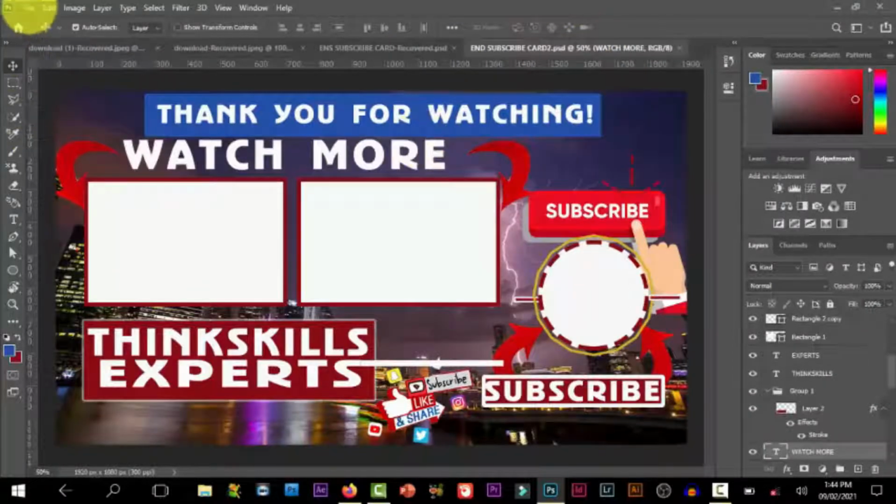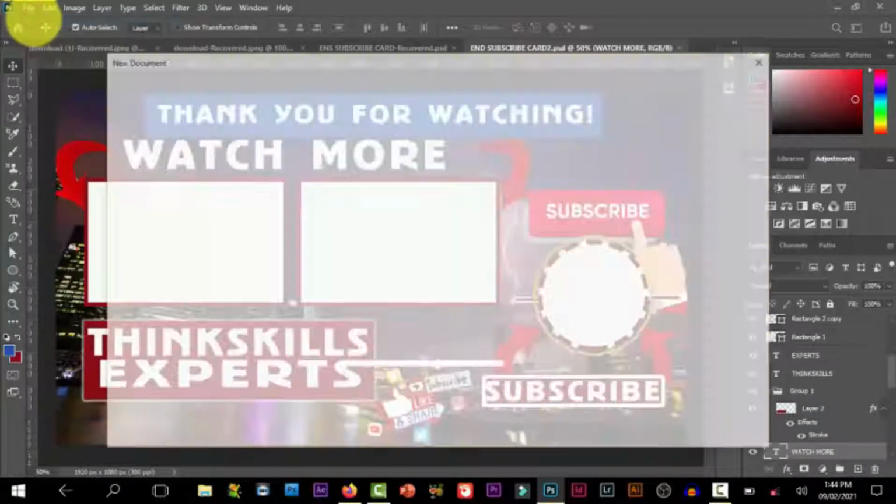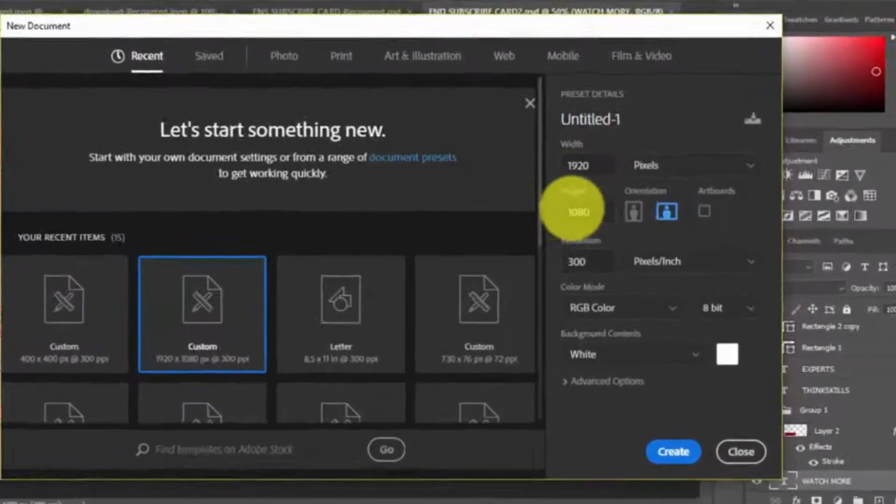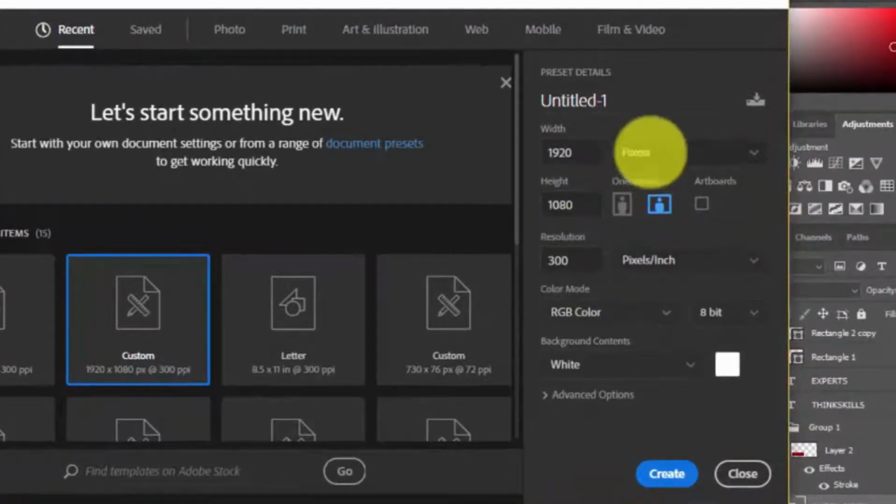So the first thing we need to do is create a new workspace. You can stop the video right here, just take a look at my settings and do the same thing. That's the right setting for YouTube